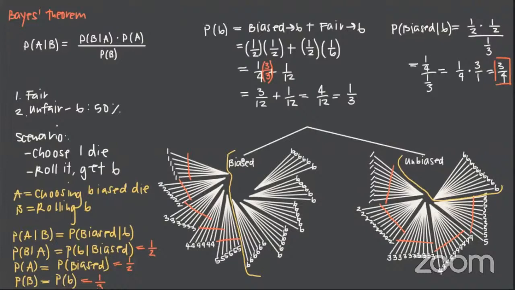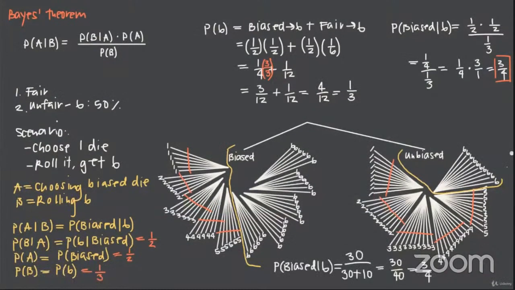Now, if you happen to see this particular thing, if we go ahead and see the formula of getting the probability, what is it that we need? We need the probability of picking a biased dice and on rolling getting 6, which is the probability we are checking. Therefore, probability of biased